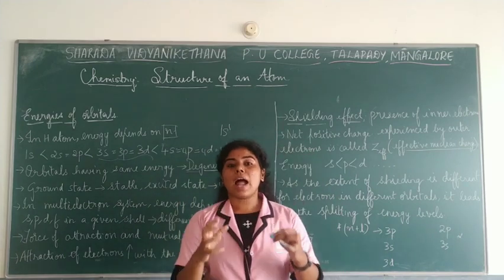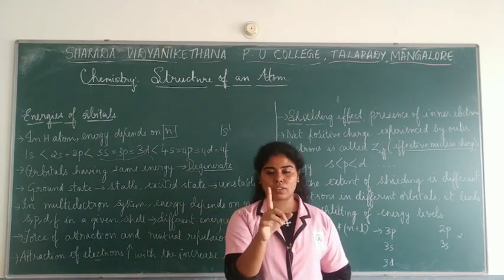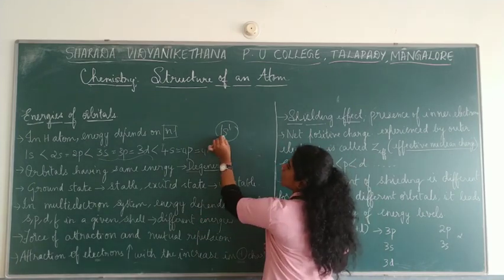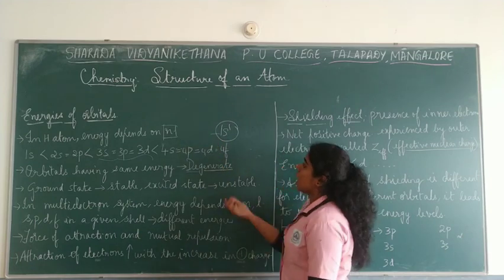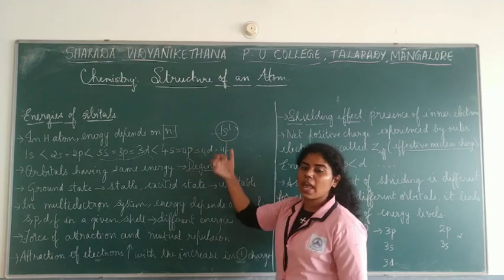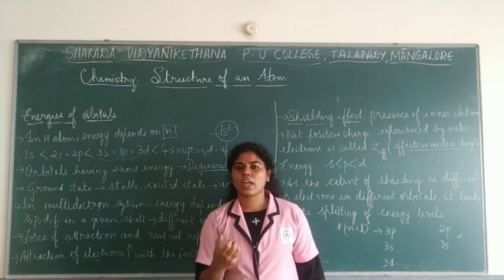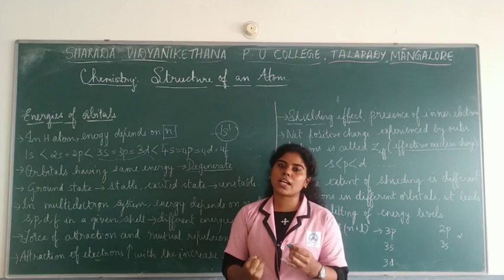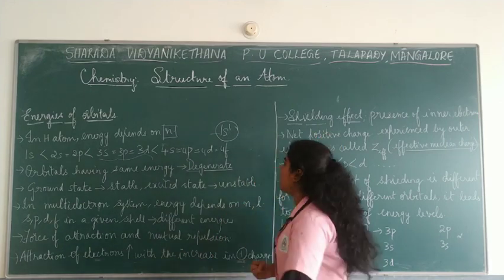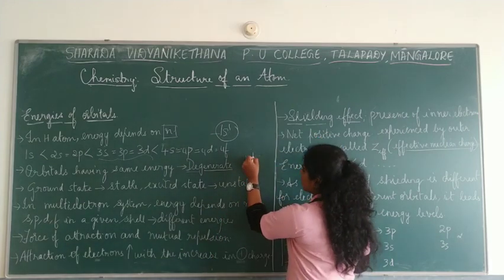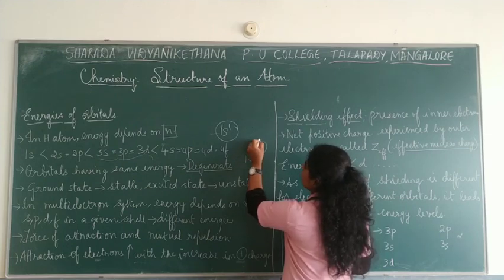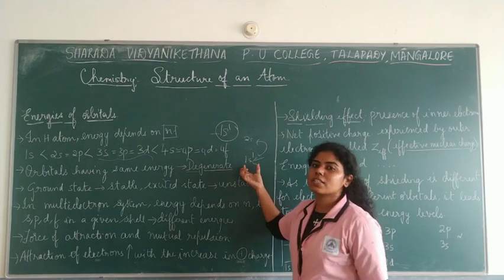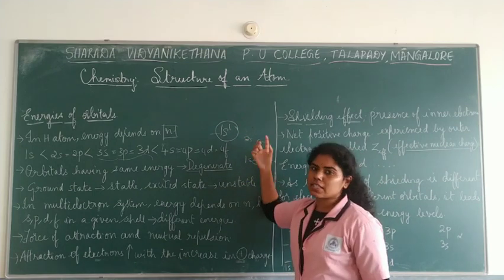Now, you know that as hydrogen contains only one electron, it will be in the most stable state, that is 1s1, close to the nucleus. Now suppose this electron absorbs energy, if any extra energy is given to it. It absorbs energy and goes to a higher energy level, right? This is what we studied. If it is 1s1 and it absorbs energy and goes to 2s1, it has lost its stability and is going to the next, higher energy level.